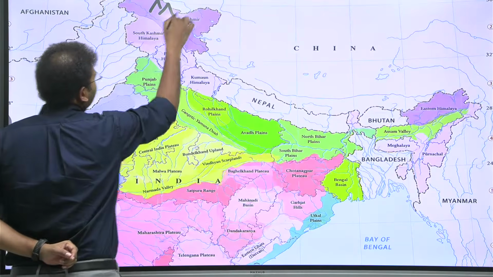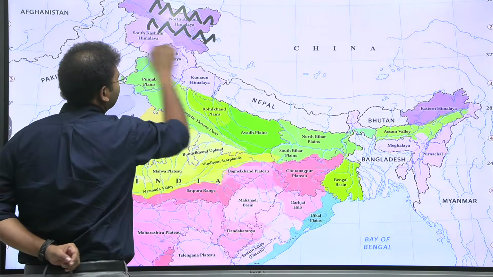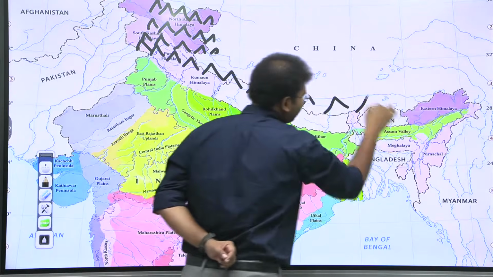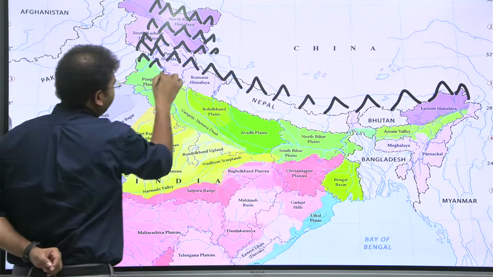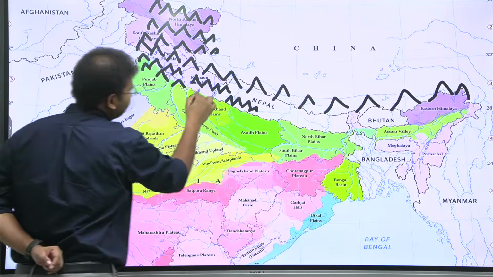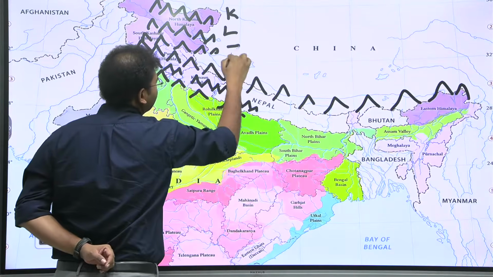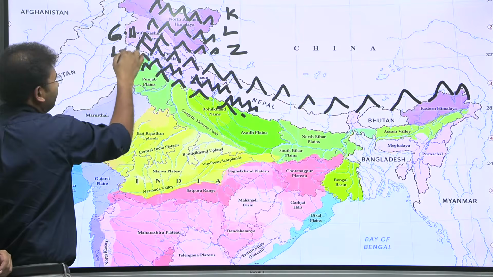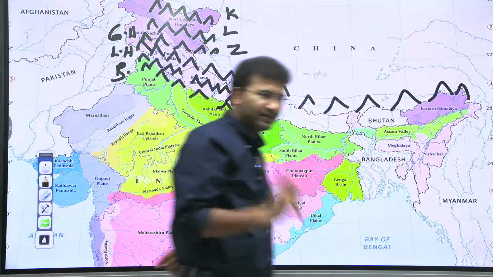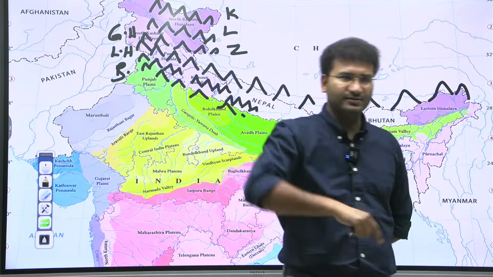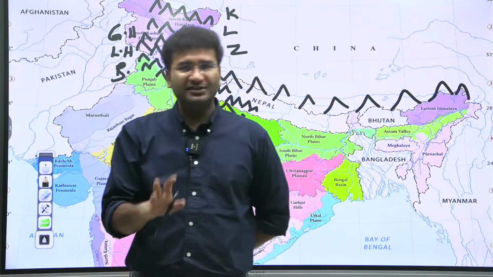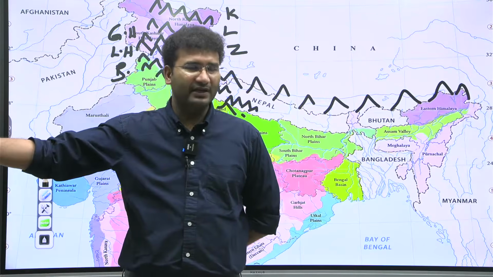These are the Himalayas: Karakoram, Ladakh, Zanskar, Greater Himalayas. Then Pir Panjal, Doladar, Nag Tibba, then Shivaliks. Karakoram, Ladakh, Zanskar, Greater Himalayas, Lesser Himalayas and Shivaliks. The Lesser Himalayas are the Pir Panjals in Kashmir, Doladars in Himachal and Nag Tibba ranges in the Uttarakhand region.